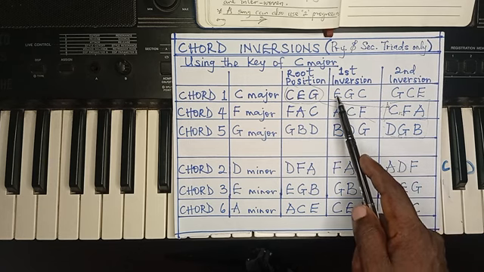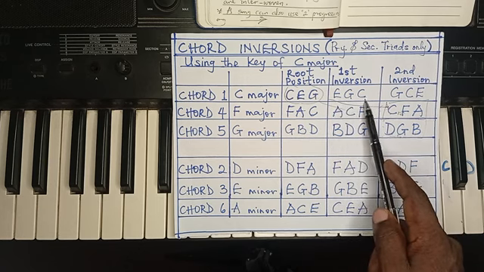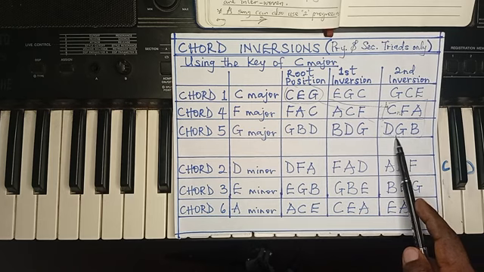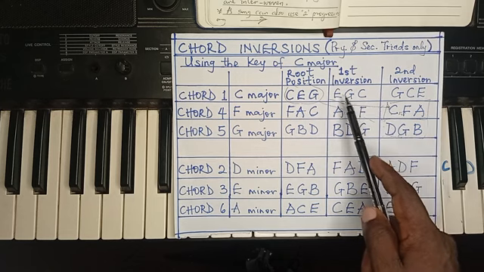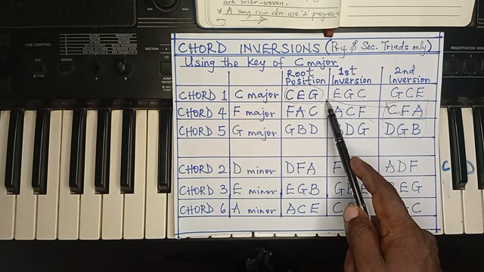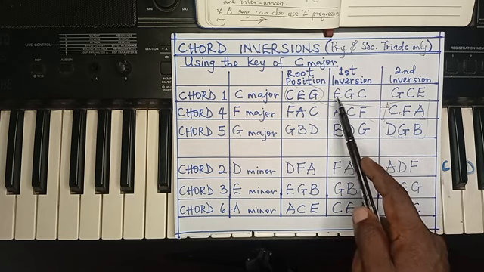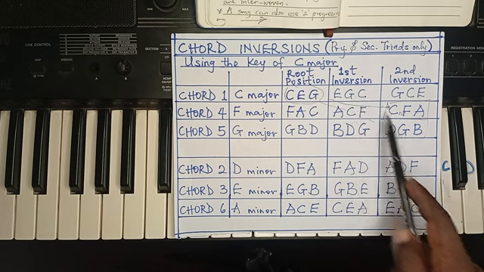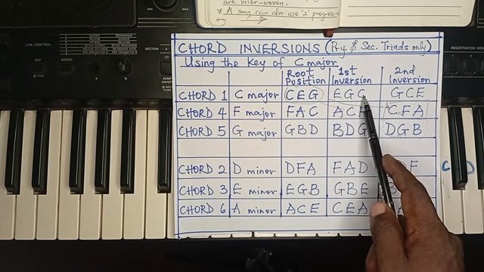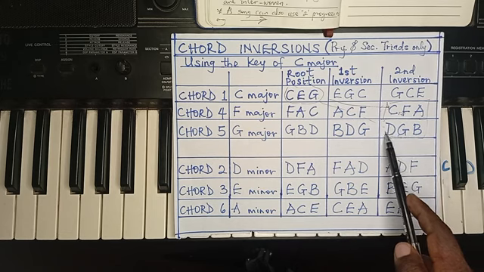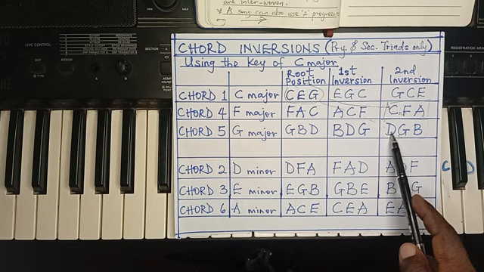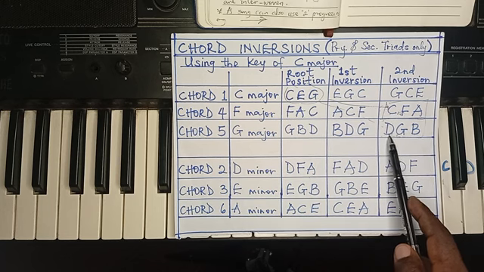I think if you use E, G, C, it is closer to D. The G will remain, C will come down to B, and E will come down to D. That's for chord 5. And thereafter to chord 4,